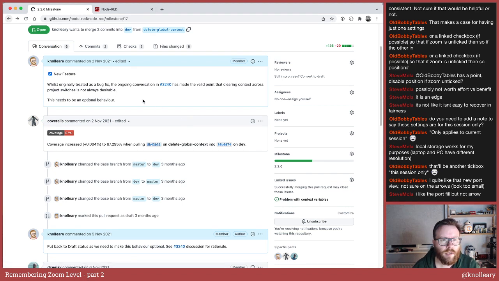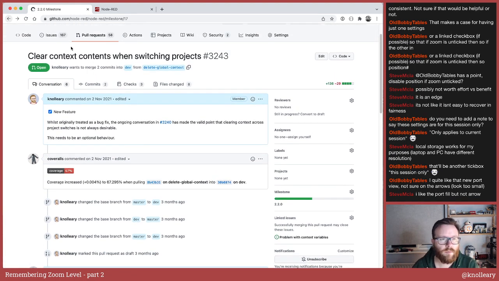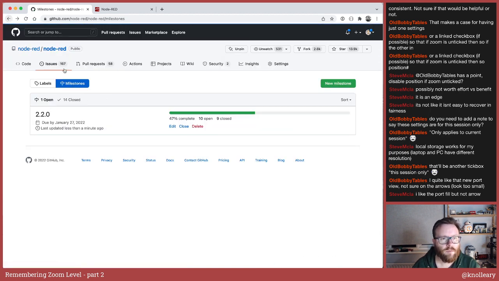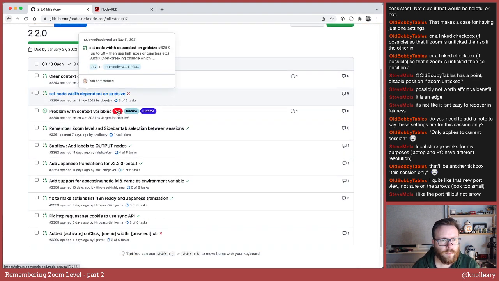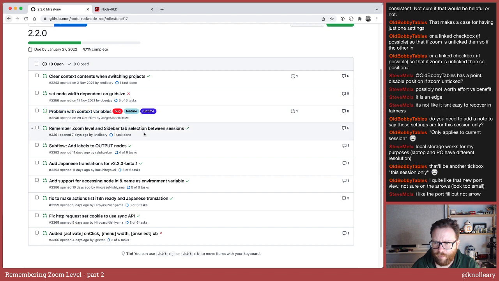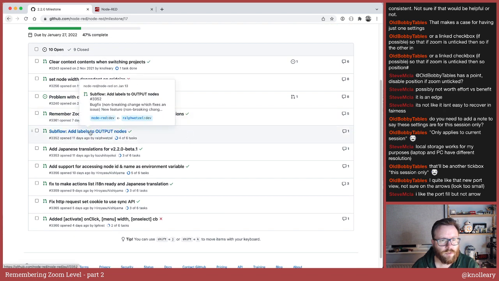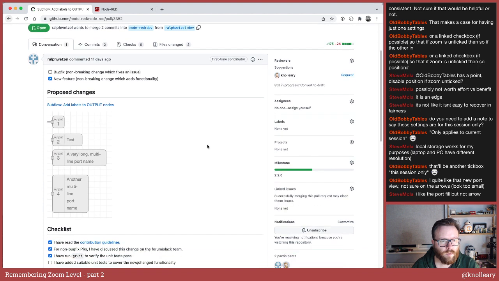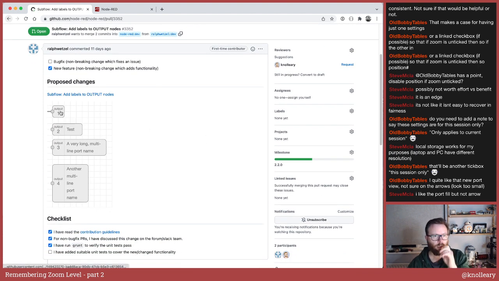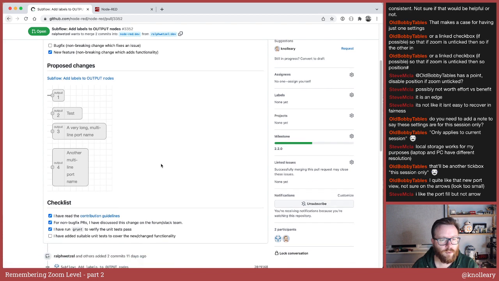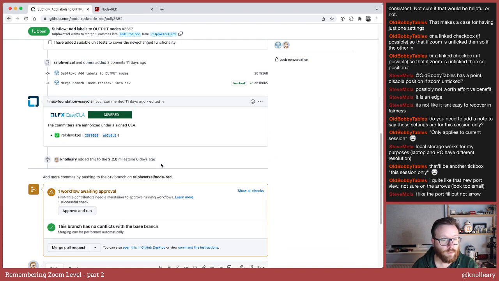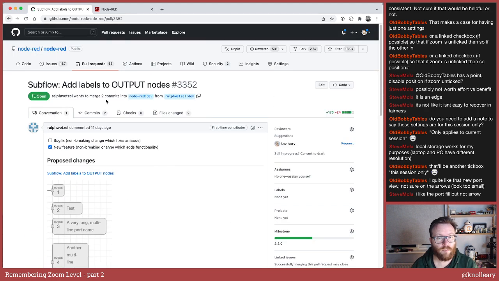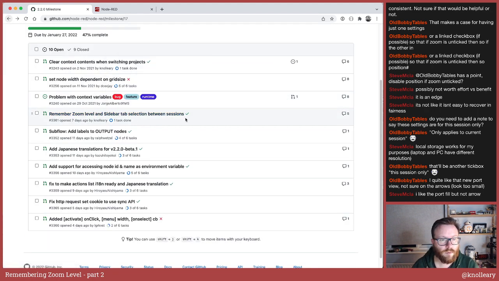Oh, clearing context. Yes, so this is the one we covered in the Twitch stream quite a few weeks ago. So that's ready to go in as an option. So it's mostly just working through these pull requests now and just making sure they look good. This is a nice one for the subflow port nodes, which normally look like that. If you've added port labels, it actually displays the port label text on the node as well, which looks really cool. Just needs a quick review to sanity check the code, but that looks good.